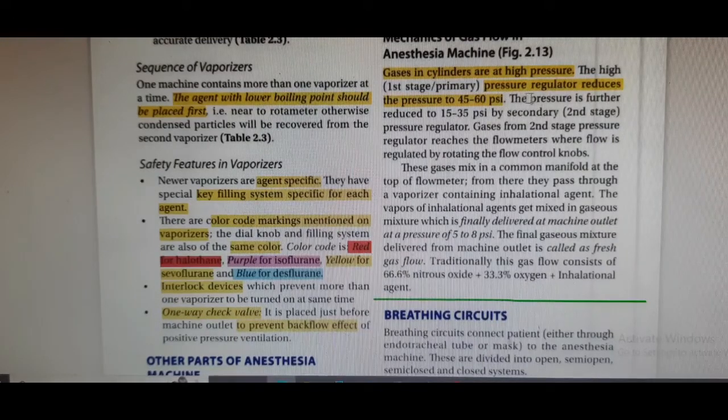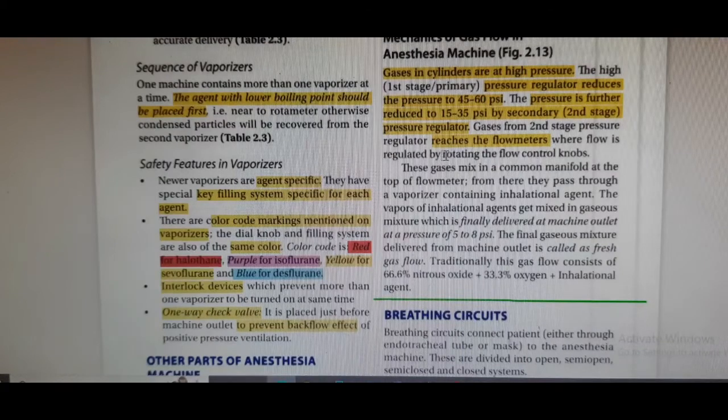Then the pressure is again reduced to 15 to 35 psi by the secondary pressure regulator, and the gases from the second stage pressure regulator reach the flow meters, where the flow is regulated by rotating the flow control knobs. These gases mix in the common manifold at the top of the flow meters,